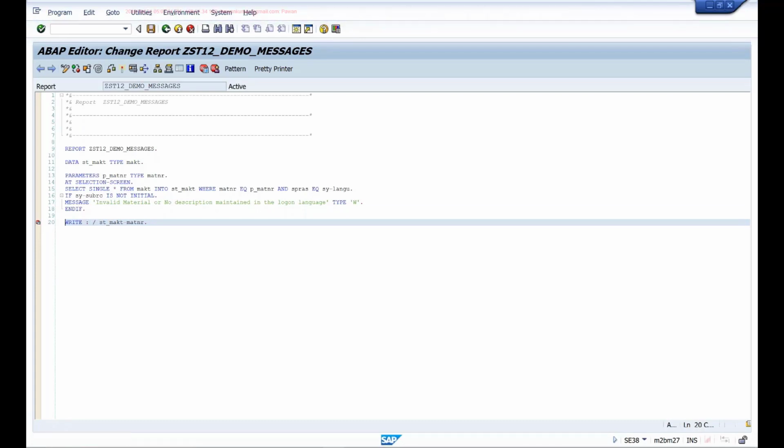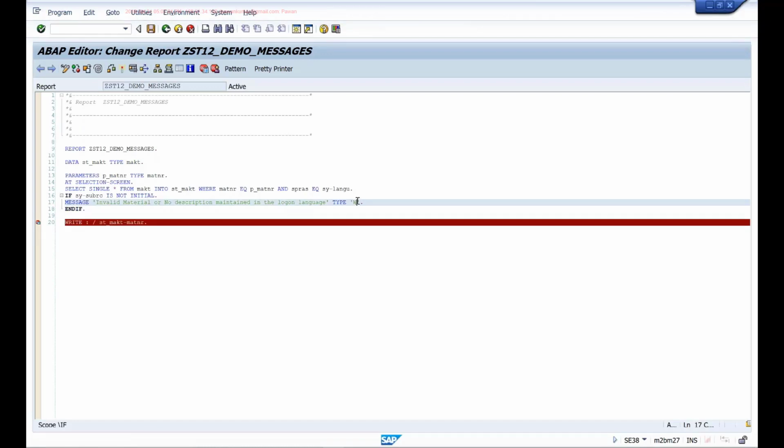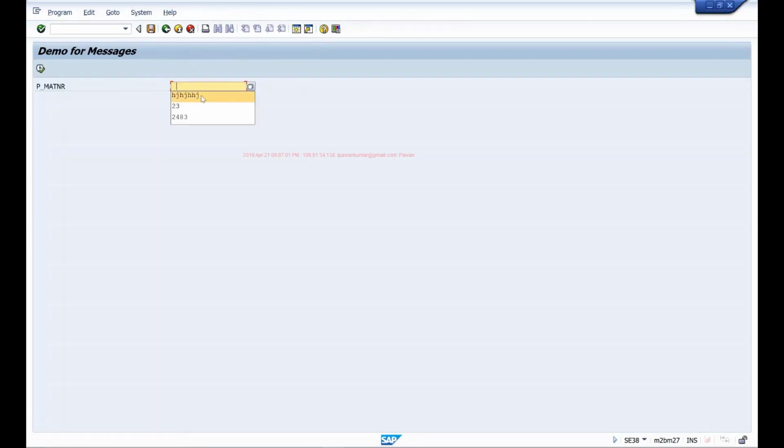If it doesn't execute the next statement, then the debugger should not load, right? With error message, when I make it E and give this and execute, it shows me the error. If I hit enter on my keyboard, nothing happens. It's not loading the debugger because it is not going to the next statement. It is just showing the error and stopping there for me to correct the input, right?